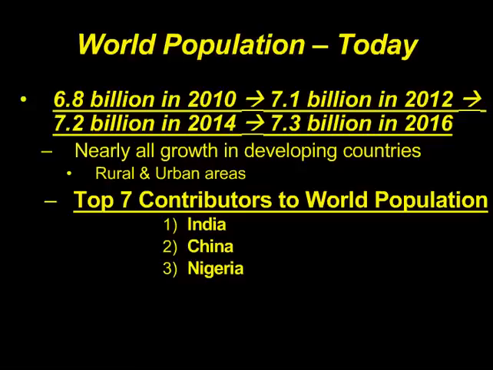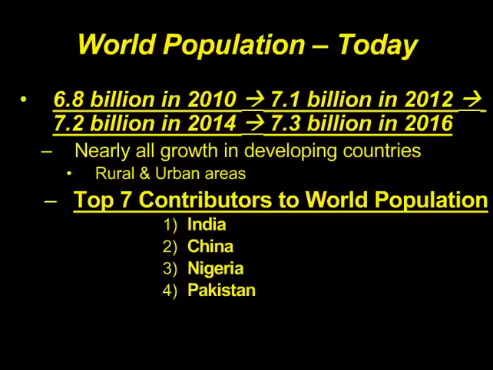This isn't really that good of a situation because Nigeria, when we go back to arithmetic density and physiological density, does not have a lot of arable land. So you're packing a lot of people into a small amount of area. Another characteristic of Nigeria is it actually kind of has its stuff together, kind of, sort of. So because of that, it's getting a large in-migration from individuals from nearby countries. And so it's growing naturally, high birth rates, but also from in-migration to Nigeria.